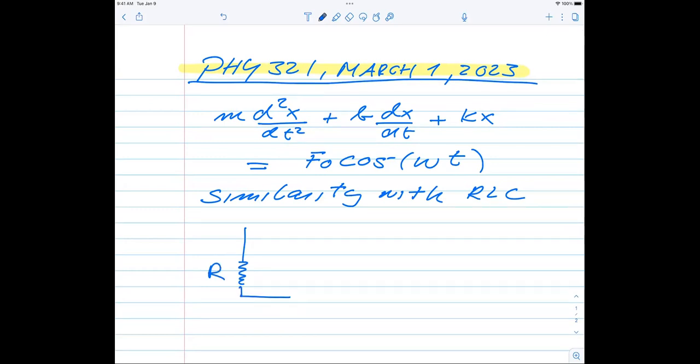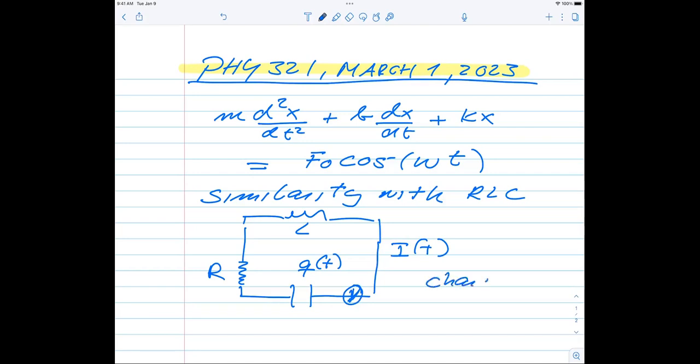And then you would have a capacitor. And that has a charge which depends on time. And then there is a current, I of t. And then you have an inductance, L here. And then you have some potential here, which is driving everything. And we know that the charge, Q, as a function of t, when we take the derivative of that one, dQ dt, that gives us